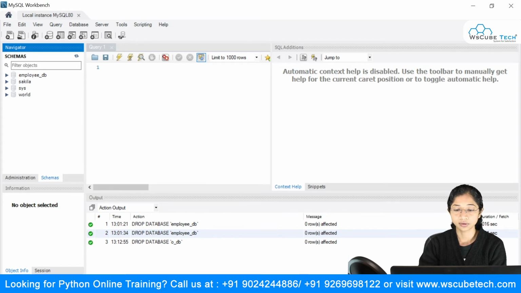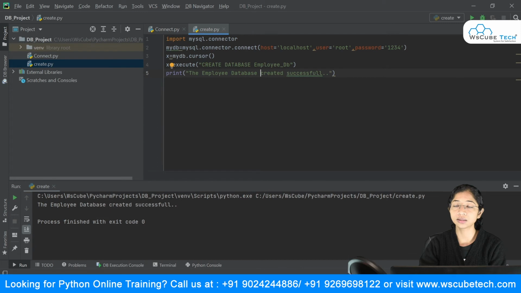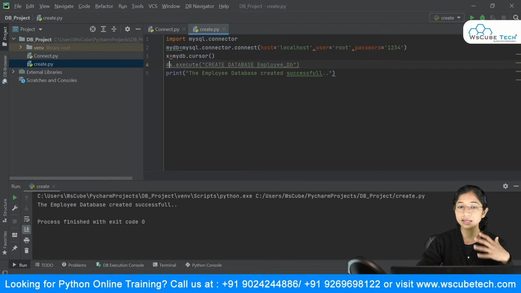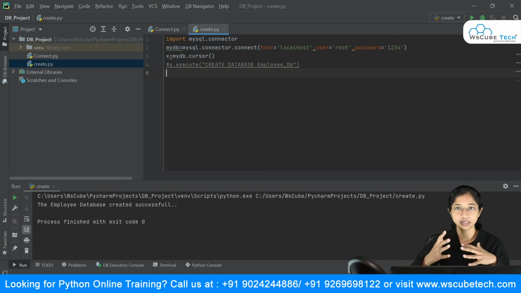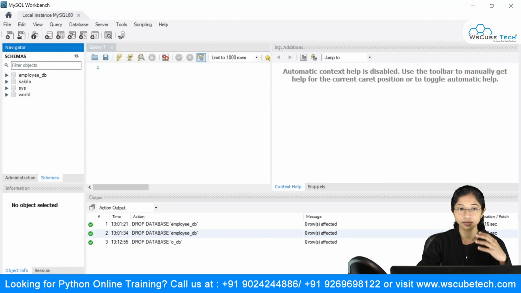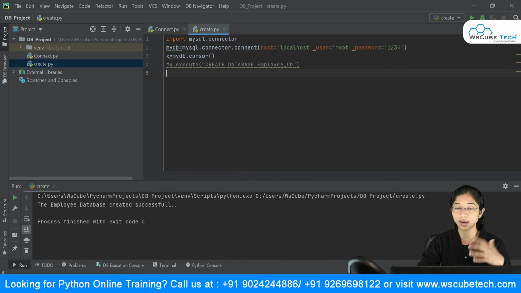All right. And suppose you want to display those databases on your console, you can do it that way also. I will comment this line, create database employee, because if I run that again, you're going to get an error. So I will comment that and remove this as well. And in order to show all the databases which we have seen in the MySQL Workbench, we are going to write a query